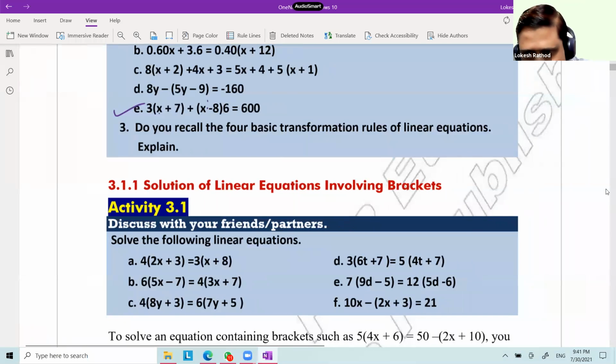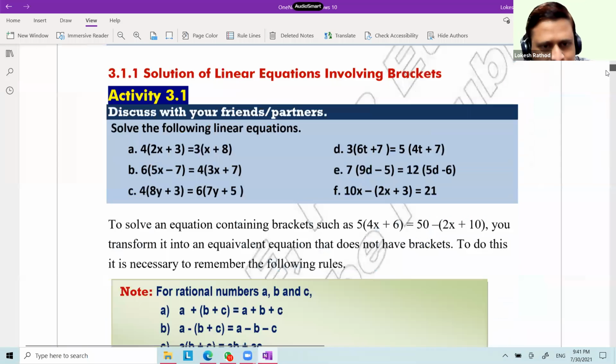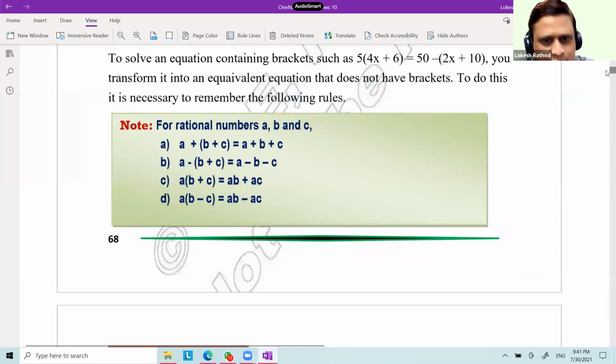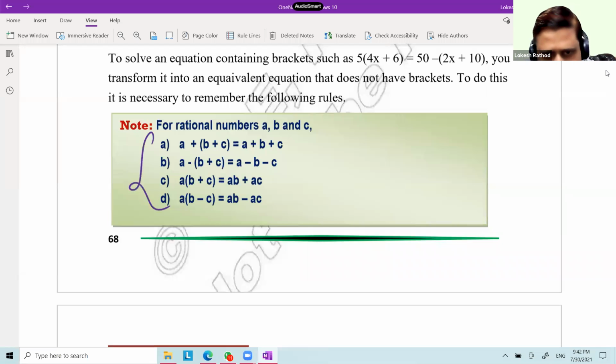So there is one thing. Let's take a few of the questions, right? One more thing, this also you should know. When there is a positive sign in front of a bracket,